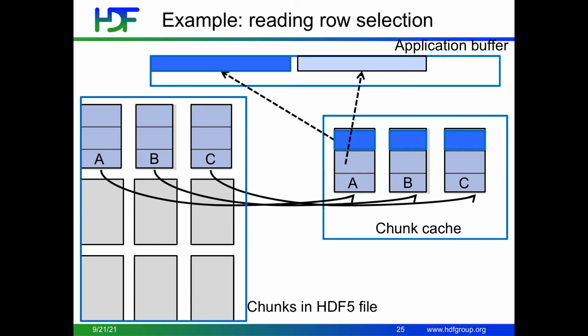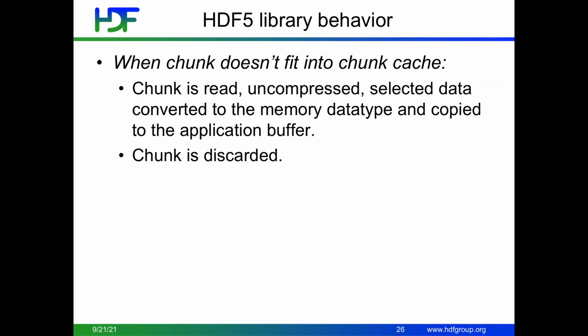And since all chunks are in the cache, the second and third reads go fast, because there is no need to go to the disk, and also there is no need to uncompress data because uncompressed chunks are stored in the chunk cache. So caches really can help you when things are good, but sometimes you do not know if they are good